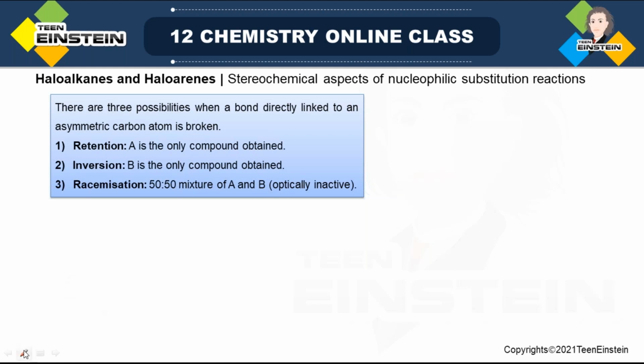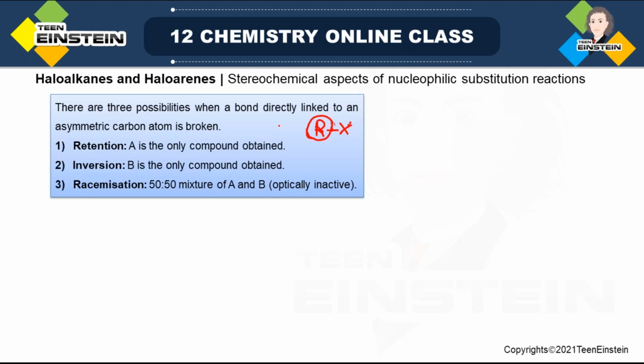So three possibilities are there when we are considering stereochemical aspects of nucleophilic substitution reaction. That means if the starting material, that is the alkyl halide, in general we can write it as RX. If in this starting material there is some chiral center present in the alkyl part, then the question of these three possibilities arises. Otherwise, there is no such possibility. So if there is any chiral center present in this alkyl part, these three possibilities are retention, inversion, and